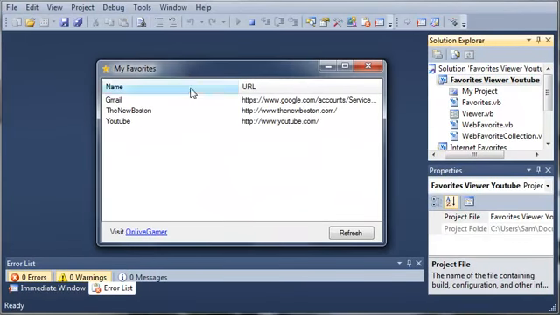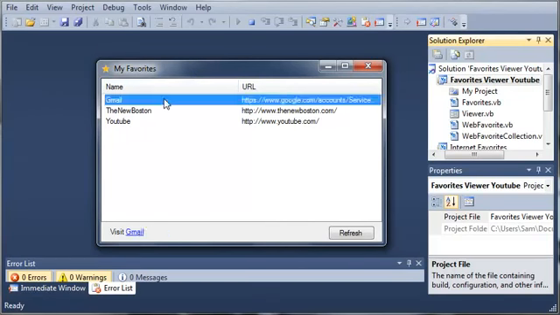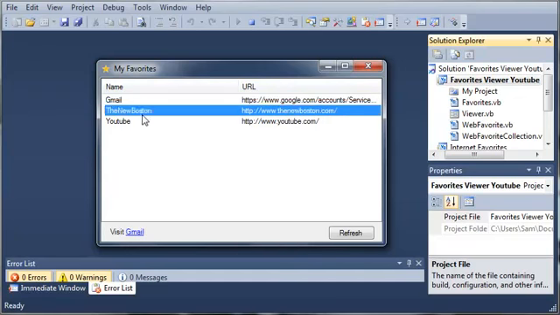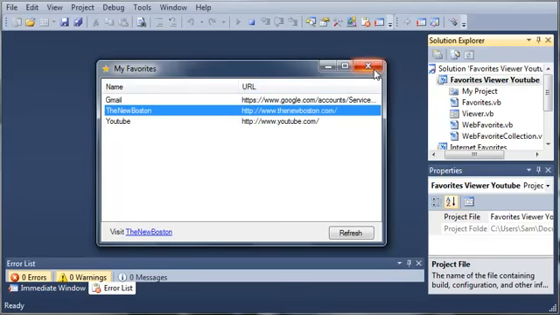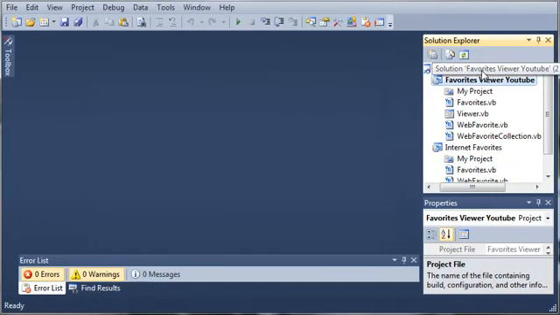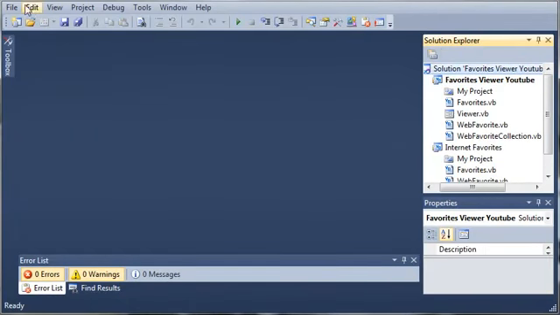this window right here. Now if somebody already has their favorites in the bar of their internet browser, why wouldn't they just open their browser and go to that instead of opening a whole other application? So what we're going to be making is a program that runs in the tray of the taskbar, and whenever the user right clicks on it, they can see their favorites and automatically open one of those whenever they click on it. So we'll go ahead and close out of this, and we'll come over here to our solution,